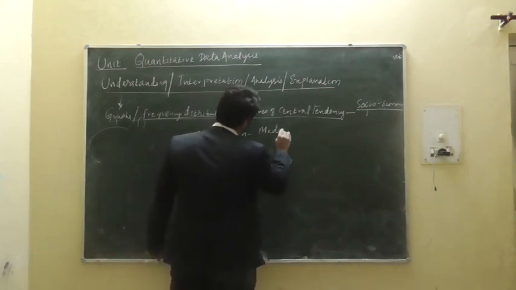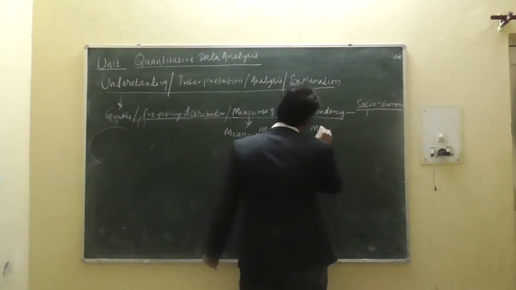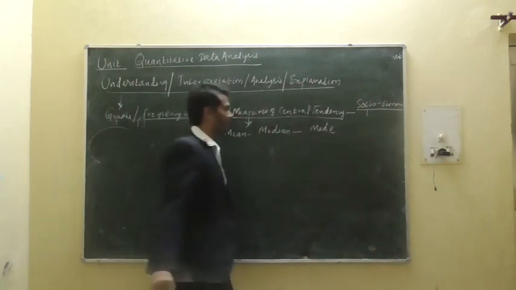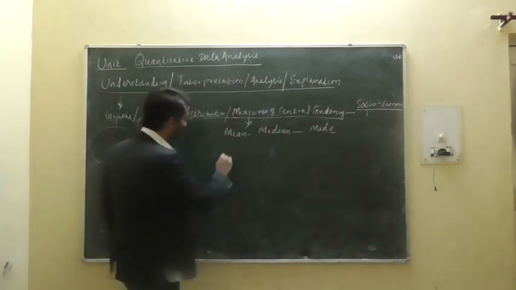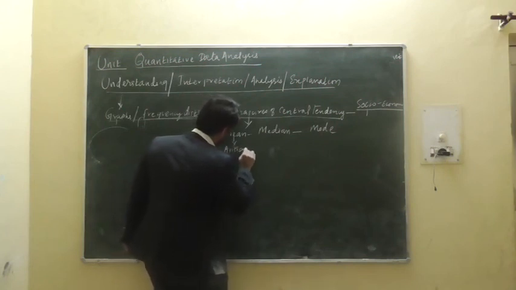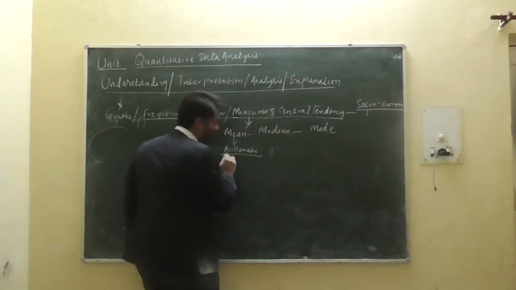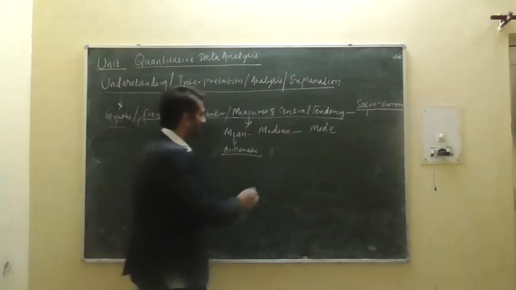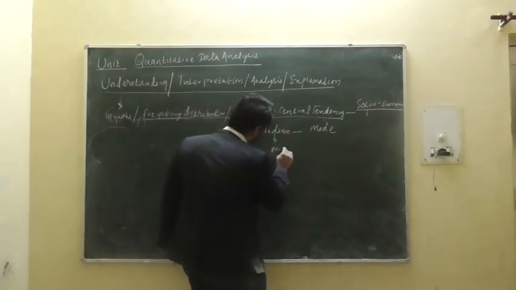median, and the mode. The mean is about the arithmetic values, so you take an average of it, and the median would be a middle value,